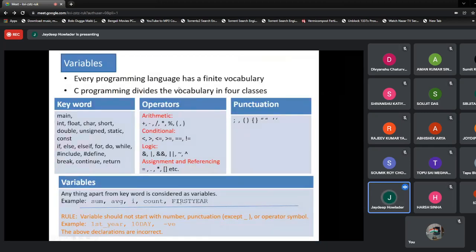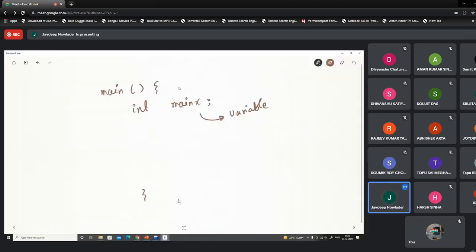It is simply a matter of what the keywords are, what the operators are, and what the punctuations are. Apart from this, everything is a keyword. But if we take some concatenation, like main int, and concatenate these things, then this can be a variable. Main independently is a keyword, and int independently acts as a keyword. But when we append these things, main int, it can now be treated as a variable.